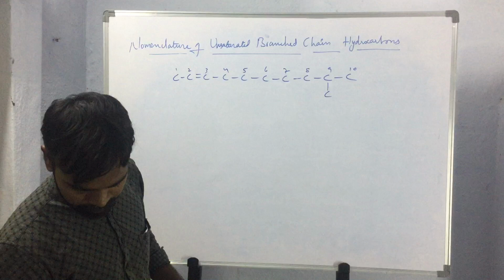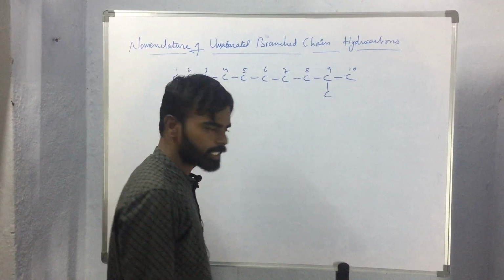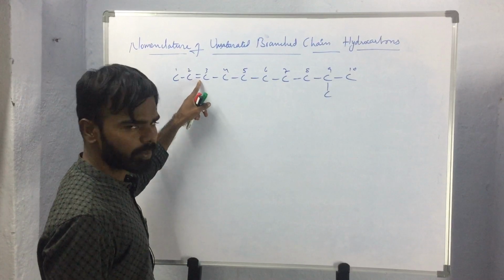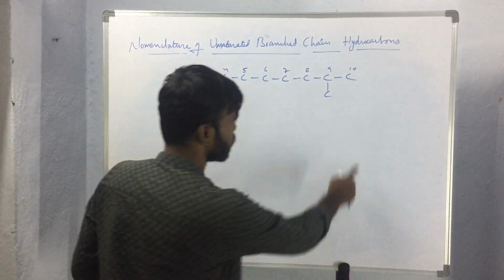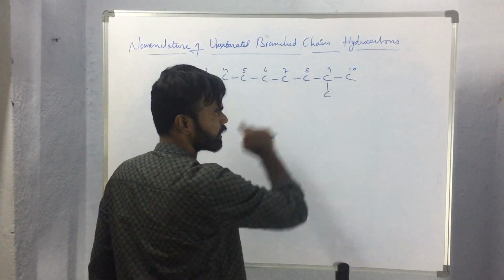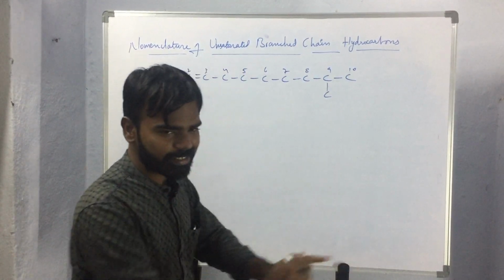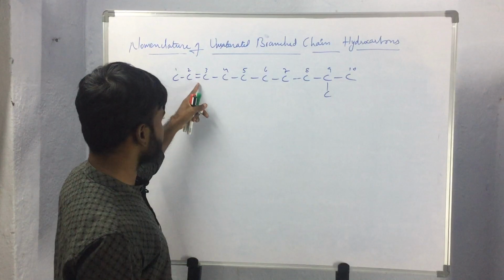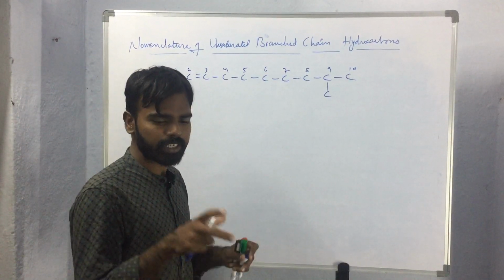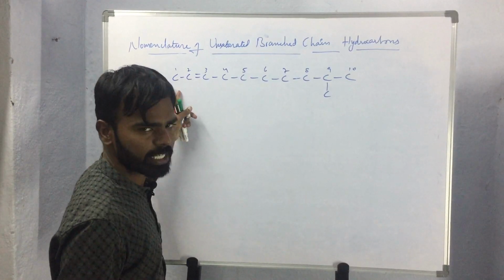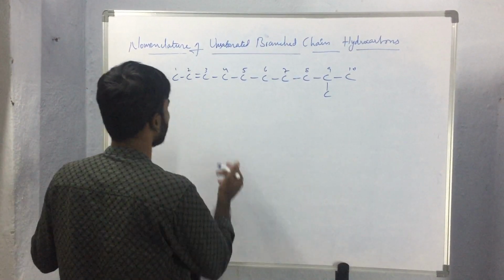So in this case, we can observe that if we start numbering from here, the second carbon atom is having unsaturation. If we start numbering from here, the second carbon atom is having the substituent. So as we discussed earlier, the carbon atom that is having the unsaturation should get the least possible number. So the numbering will start from here only, and the name of the compound will be